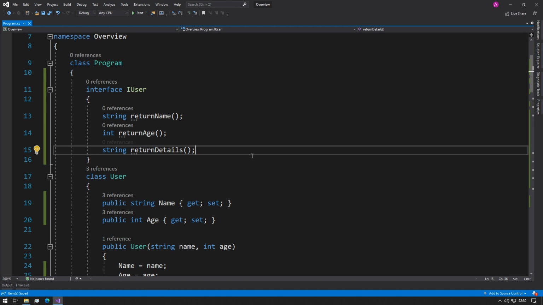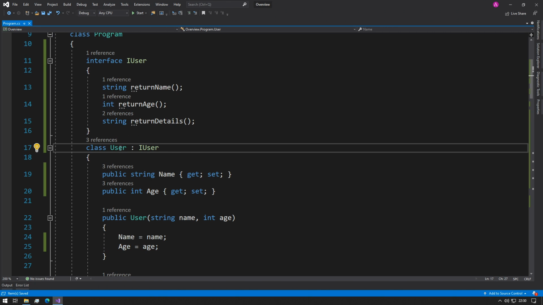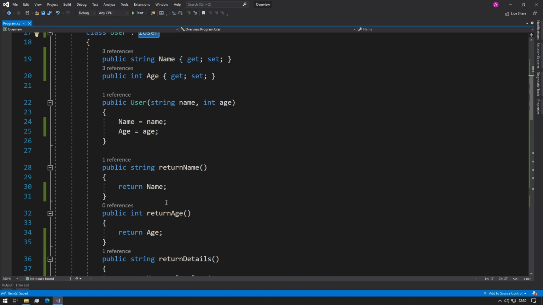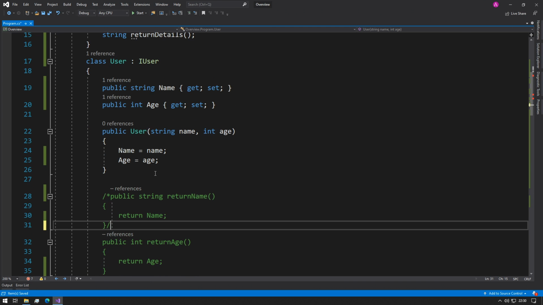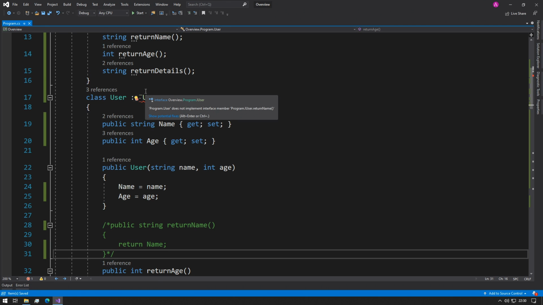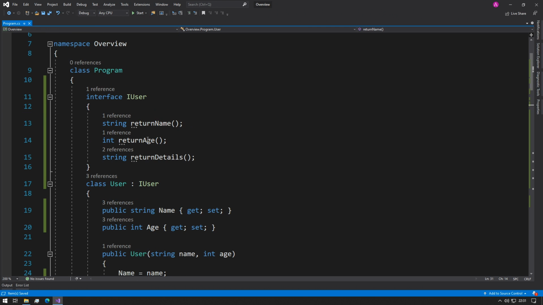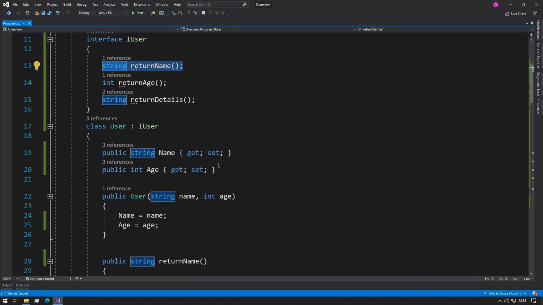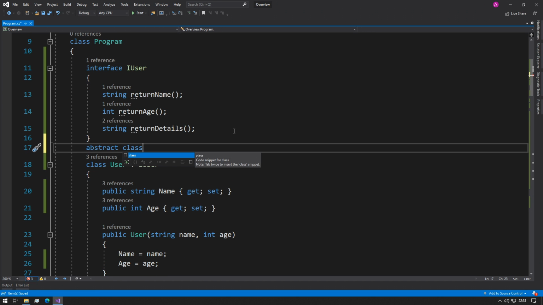Perfect. Now in order to use this interface, then we would put a colon after the user and type in IUser. So now that means that this class inherits from this interface, and if we didn't include this function, for example, then we would get an underline in this function saying that it does not implement the interface member return name. So interfaces are a way that we can define functionality without actually writing the code. Perfect. Now we also covered abstract classes,